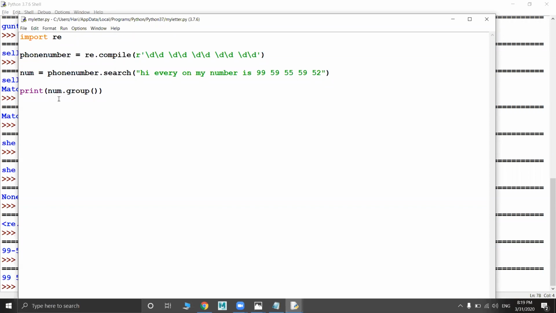So you need to use num dot group. This group will help you get the exact output of what you are checking in num, other than the content related to the object. Is it clear, Bhavya? Okay, fine. Guys, done, everyone?